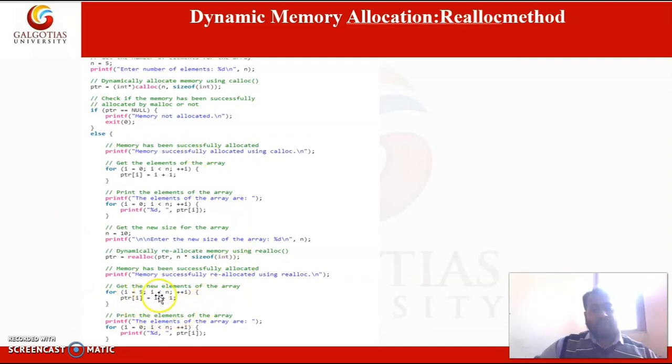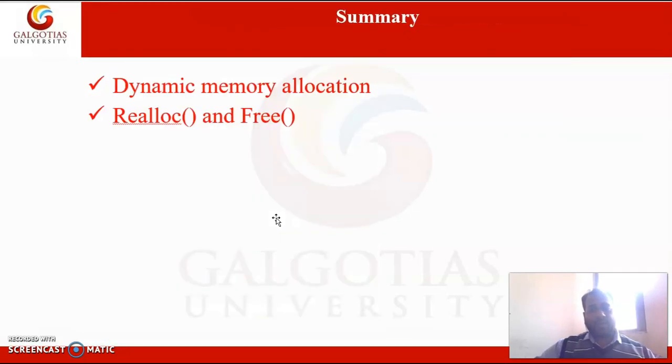So we start with the 6th value, and we print the values of the pointer variable. So in this way we can reallocate previously allocated memory using the realloc method.